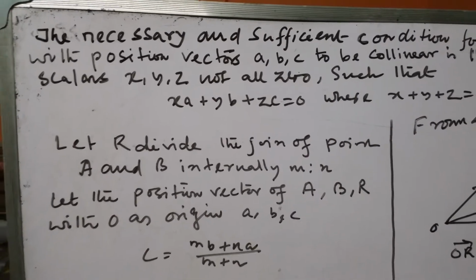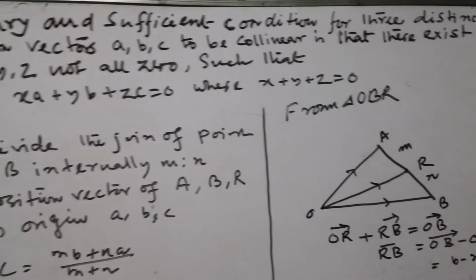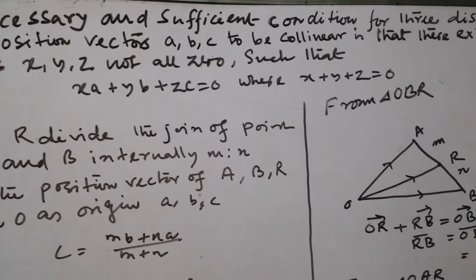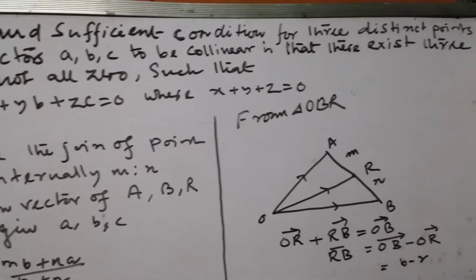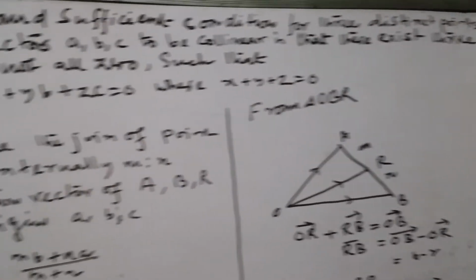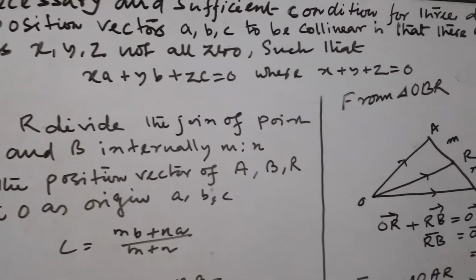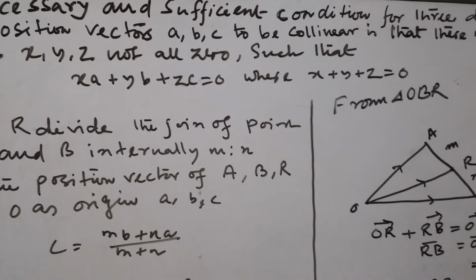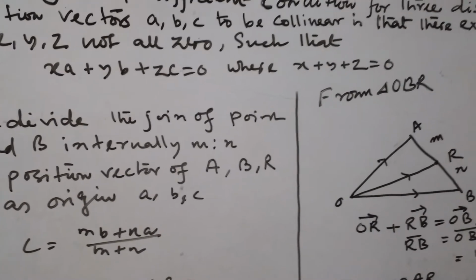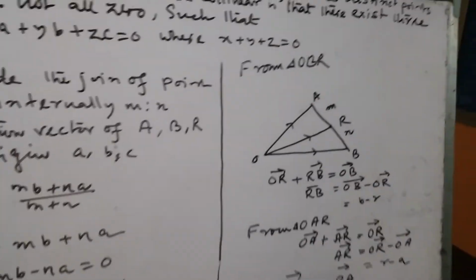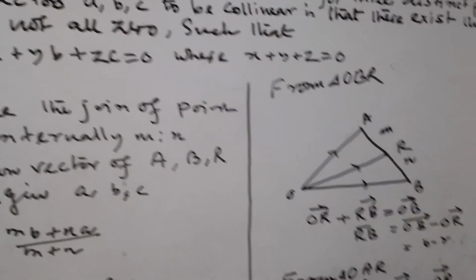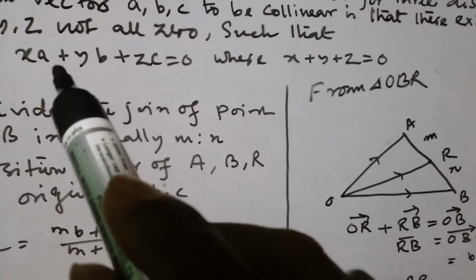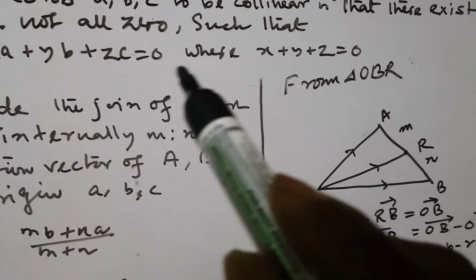Today I am teaching the necessary and sufficient condition for three distinct points with position vectors A, B, C to be collinear is that there exist scalars x, y, z, not all 0, such that xa plus yb plus zc equal to 0, where x plus y plus z equal to 0. Okay, this is the condition of three vectors being collinear, such that xa plus yb plus zc equal to 0, where